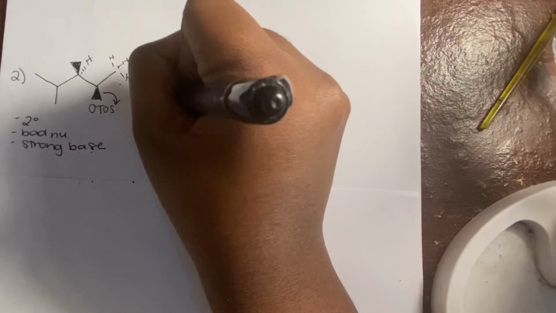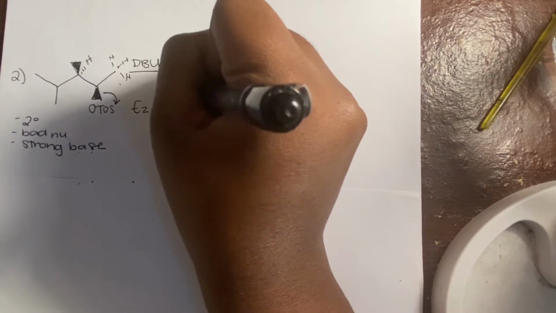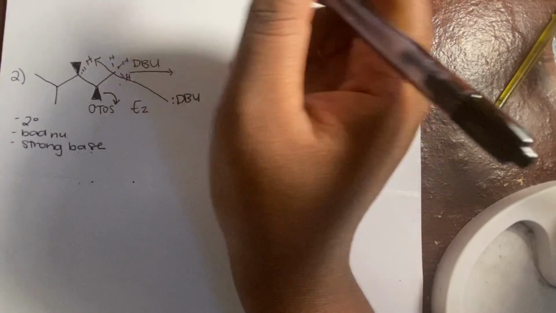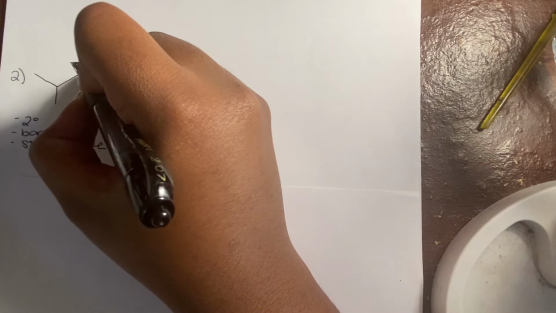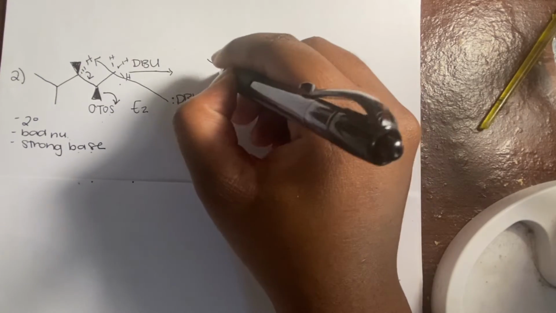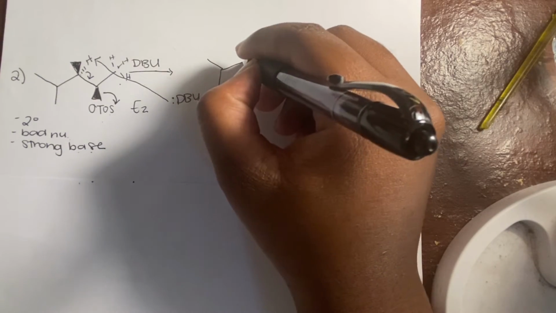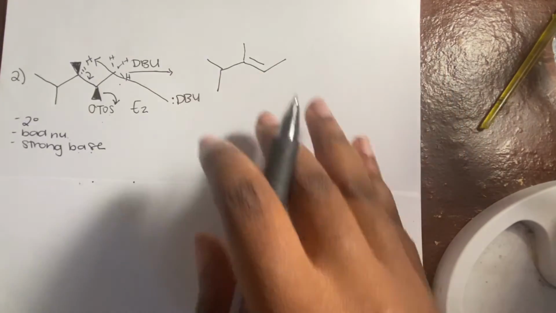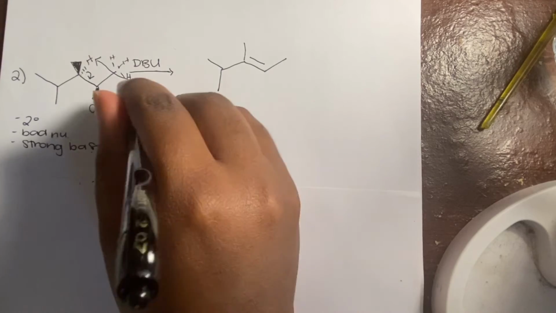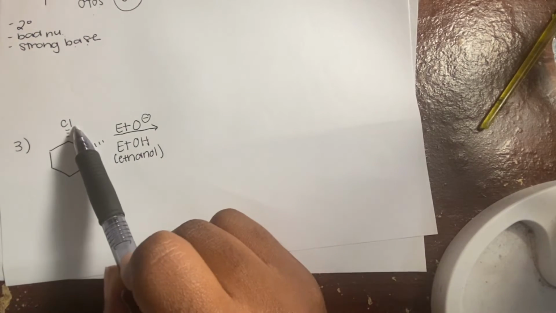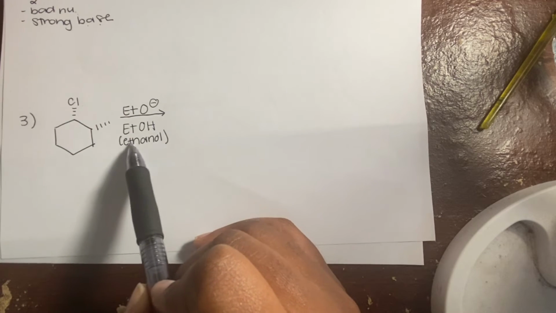So the electrons from our DBU are going to attack this hydrogen, and then the electrons that were bonding the hydrogen are going to go here towards our double bond to give us this product. Okay, under an E2. Okay, so number 3, we again have chlorine as our leaving group, and then ethanol, which